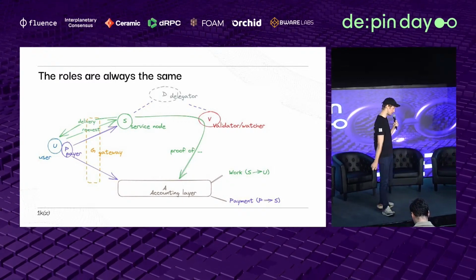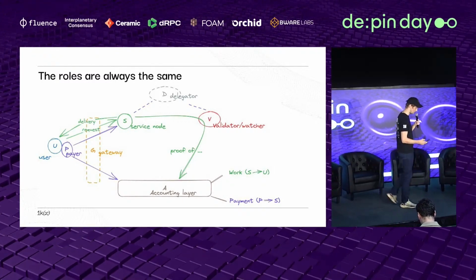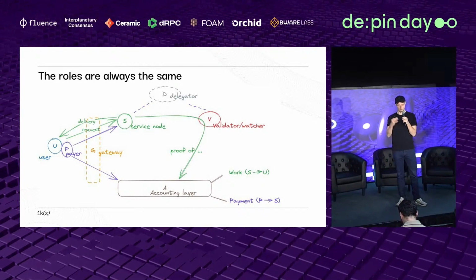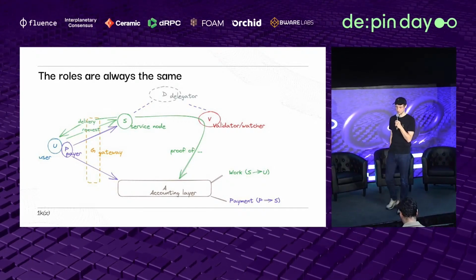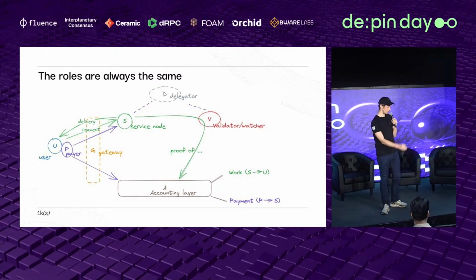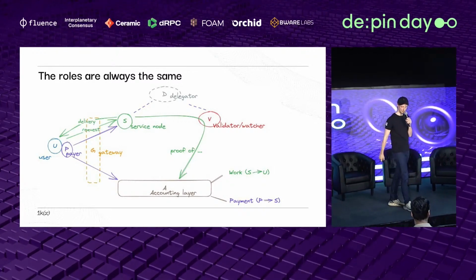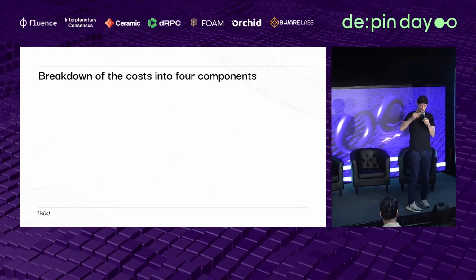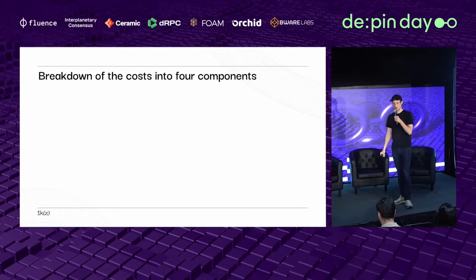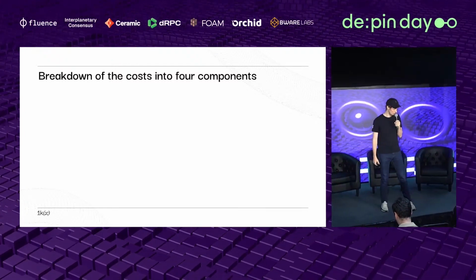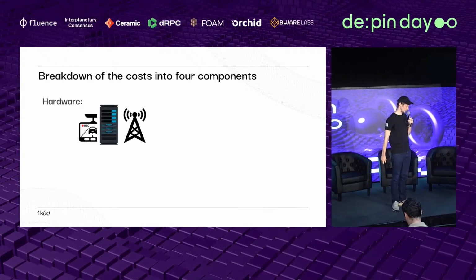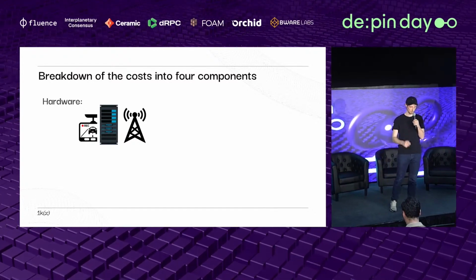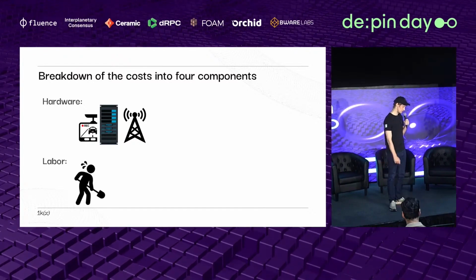And yeah, why is this nice to have? Because this is basically our entry point into the cost estimation framework. Because if you want to assess the cost for DePIN, you say, okay, let's go role by role and assess their cost. All right, then you can break down the costs. Like, what are the costs that these roles have? And this might not be too hard because there's cost for hardware, the server, the antenna, the dashcam, whatever. There's some labor cost,